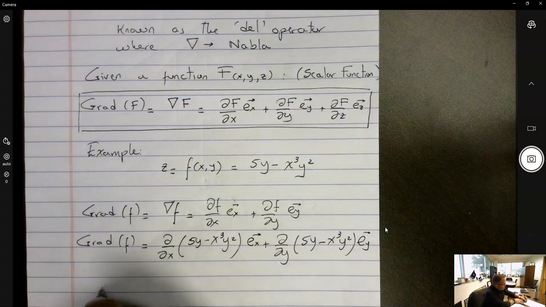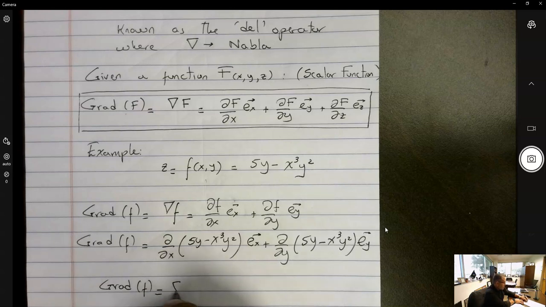And so you end up with grad f, which is the same thing as Nabla f, is simply the partial derivative of these with respect to x. Remember, when you take a partial derivative, everything that is not an x is assumed to be a constant. So in this particular term, both 5 and y are constants, so the derivative of that is 0. And in this particular case, y squared is a constant, so what you end up with is minus 3x squared y squared